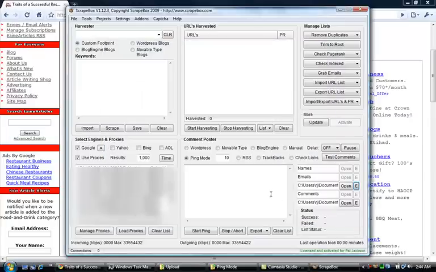Now the other option you have is the delay feature. Over here it says off for the moment, but you can also delay how often it happens. You're given the option to choose a certain amount of seconds to go between each one. I would advise against using any of these because if you get into a pattern that it's constantly doing every 5 seconds, they might be able to trace that. They probably can't, but I'm pretty paranoid about it. So the best option is just to select random. This will randomly make each ping between 1 and 10 seconds apart. But to make the video short, I'm just going to turn it off,